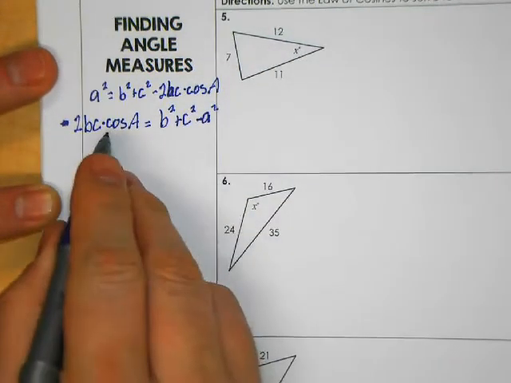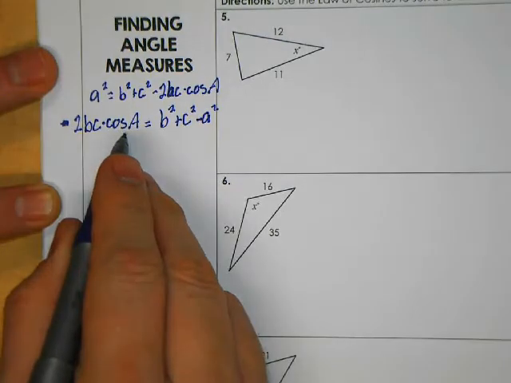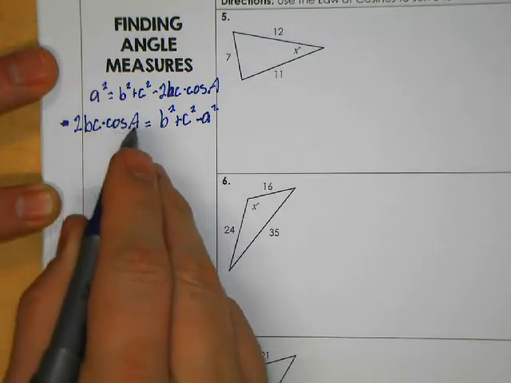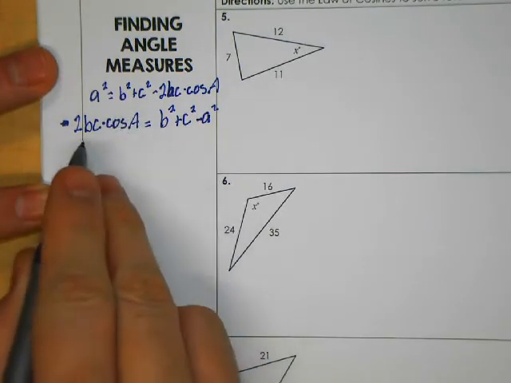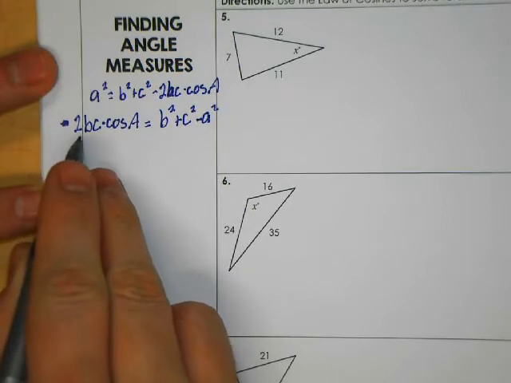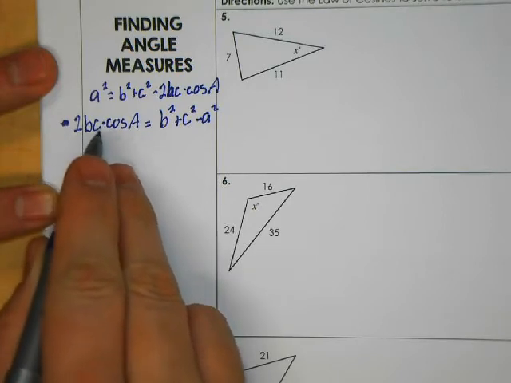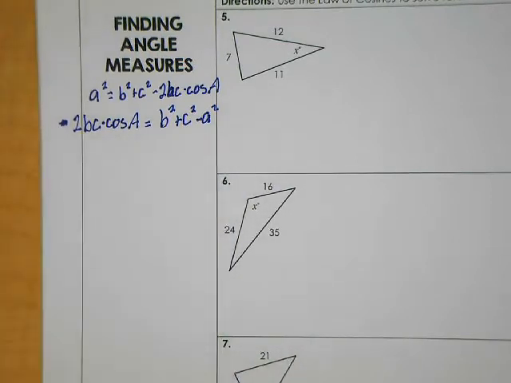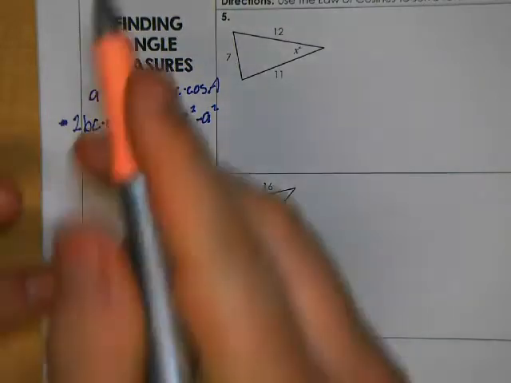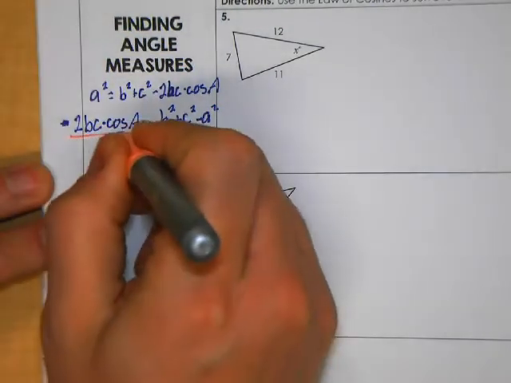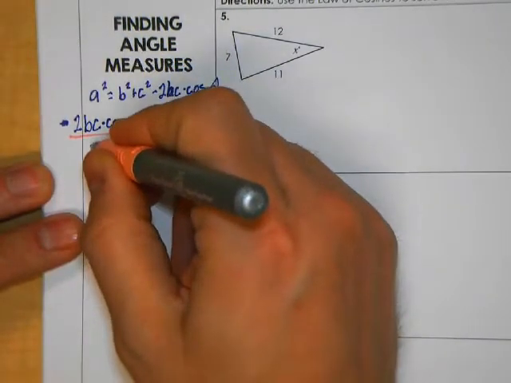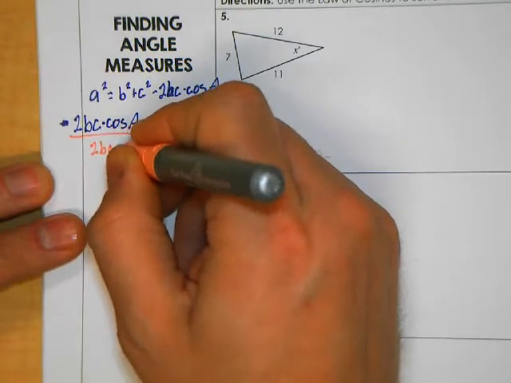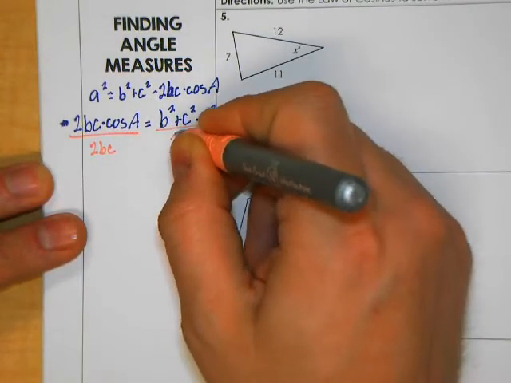So we still have to get cosine of A by itself, so that we can do the inverse cosine to get A. So the 2, the b, and the c are just three different numbers that are all being multiplied here. What I'm going to do is divide both sides by those three terms being multiplied. We would divide by 2bc here, and divide by 2bc here,